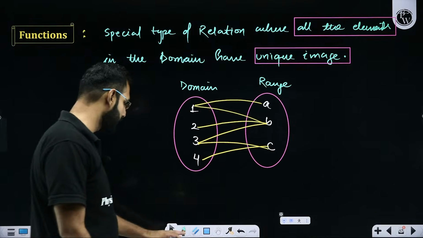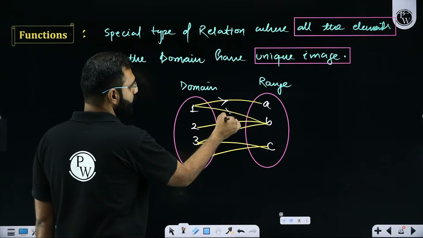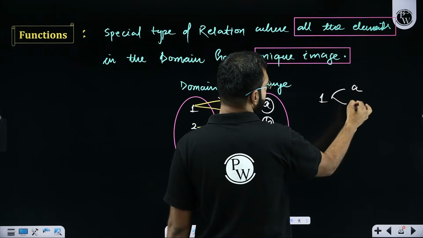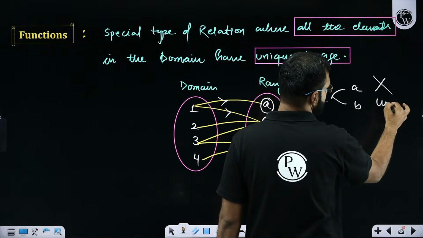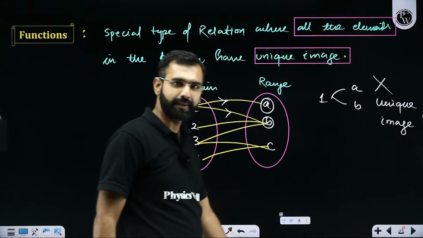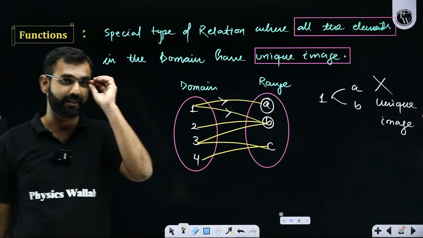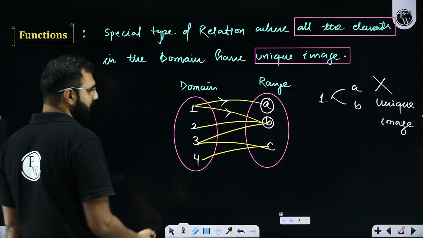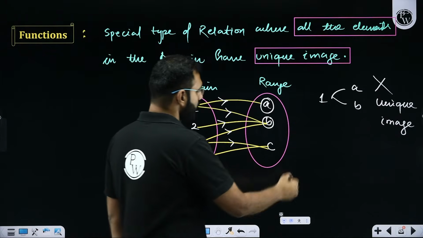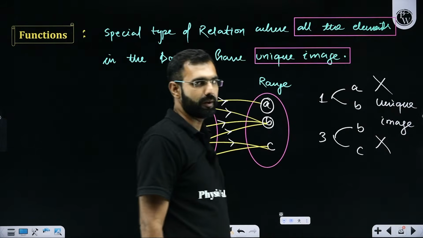Brilliant. That's good. This is again not a function because I'm sure some of you may have noticed, sir, one has two images A and B. So one has two images A and B, and this is a clear violation of this condition of unique image. Yes or no? Everybody getting it? Absolutely. That's a brilliant observation. In that same manner, 2 has one image, that's unique. But if you look at 3, 3 also has two images, which are B and C, which is again a violation of this concept of unique image.